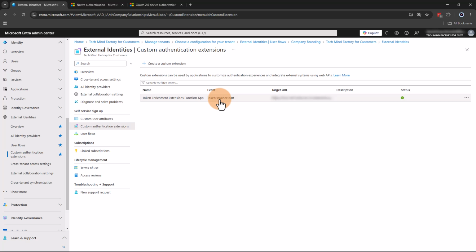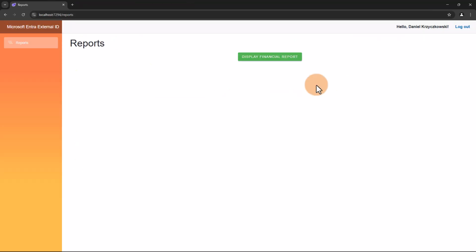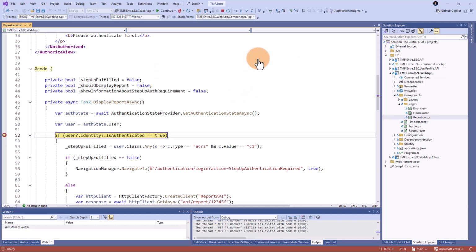So let's get back to the web application and check what's included in the ID token. Here is my Blazor web application. I'm authenticated already, just to align the knowledge. Once I'm successfully authenticated, Entra External ID, before returning the token to the application, calls my Azure function that is hosted in the Azure cloud. My Azure function returns information about the custom roles, and this information is included in the ID token that is returned to the application. Now on the reports tab, when I click display financial report, we can see